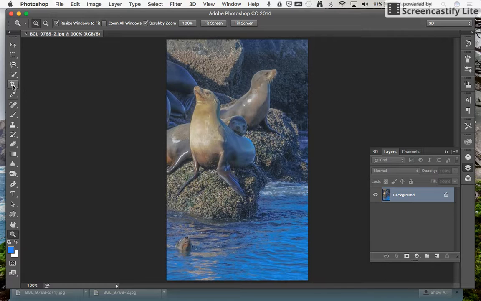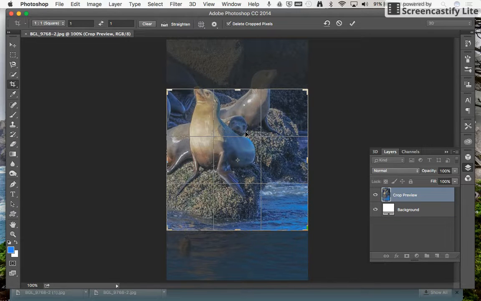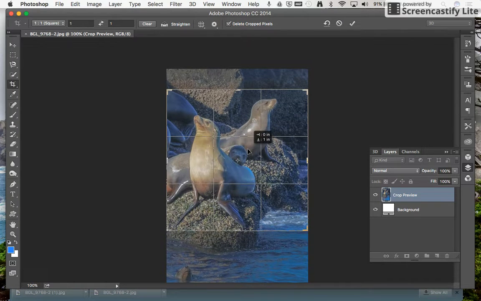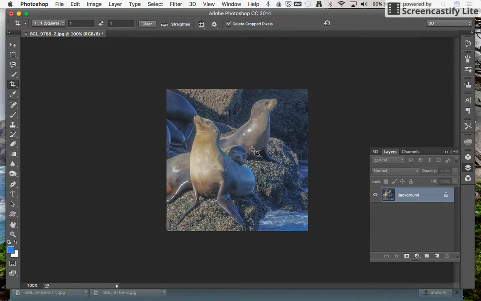So first I need to crop my image using the crop tool. If you're not sure about which tool is which, if you hover over it, it will tell you what tool it is. So I'm going to use a crop tool. Okay, so I'm using the crop tool here, and I clicked once just now. I'm going to reposition. Let's move it up to about here. That looks good. And now I'm going to press Enter so that it will accept the command,